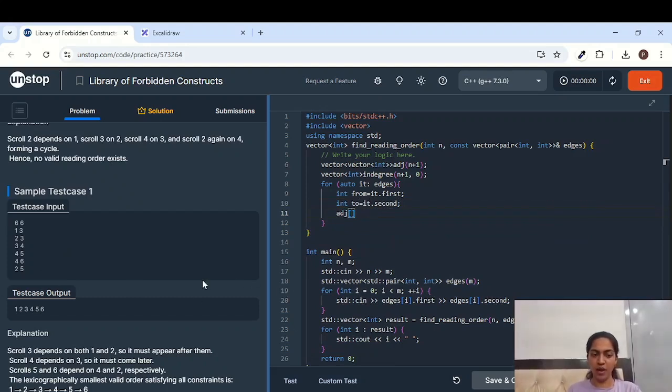Now we want to add in an adjacency list the from values to our to values. So we'll add to dot push_back from. What I mean by this is,